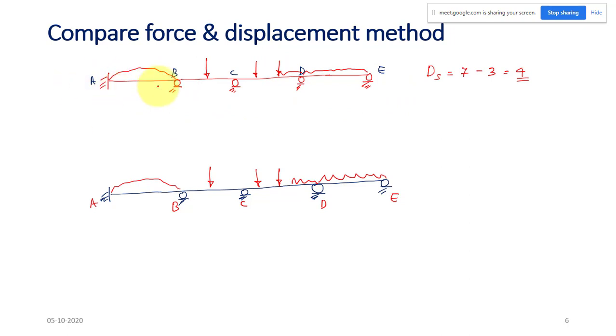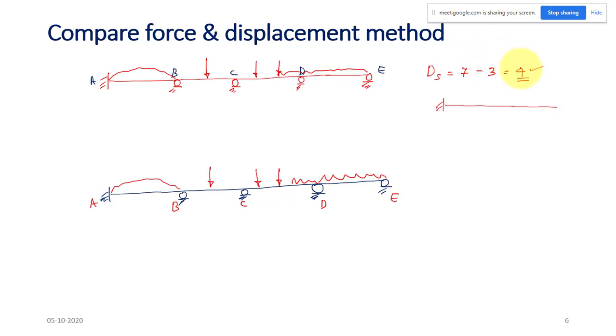If you are solving by the force method, the first step is to find out the static indeterminacy of your structure. For this indeterminacy, this many redundant forces I have. Identify the redundant forces, that is RB, RC, RD and RE. The second step is to get the primary structure by removing all the extra reactions. Once you remove all the extra reactions, you will get a cantilever beam. This is your primary structure.